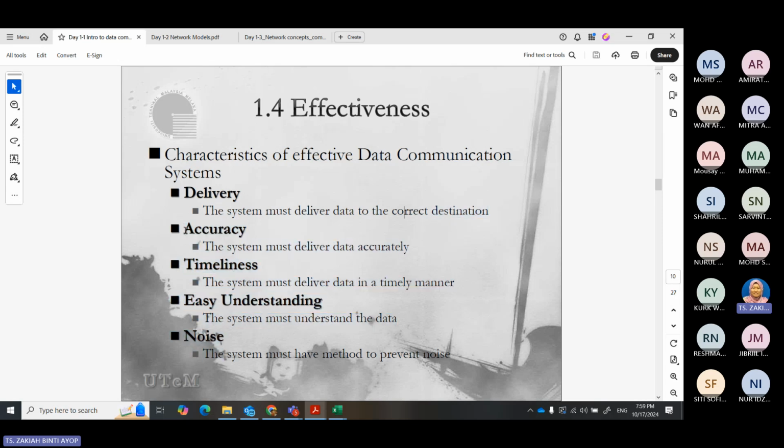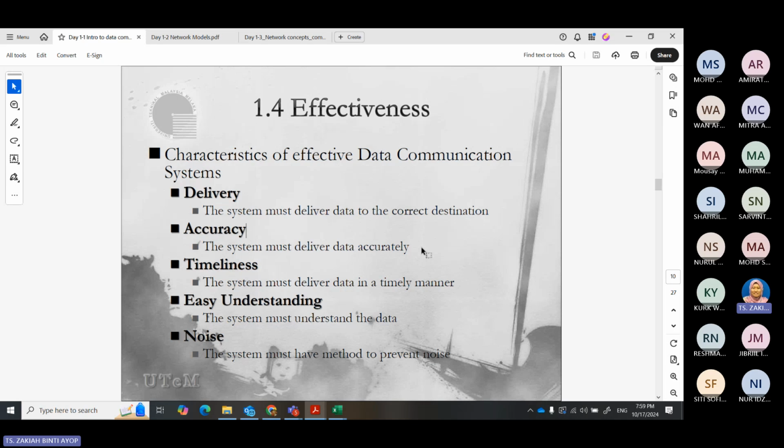Then accuracy: the system must deliver data accurately, such that if we are using specific protocols, it must be able to translate it back and ensure the integrity of the data itself.